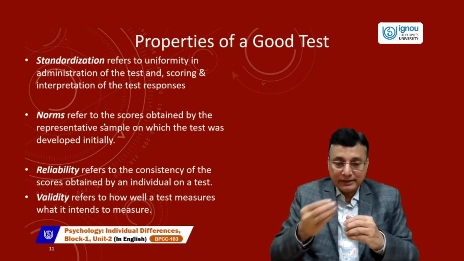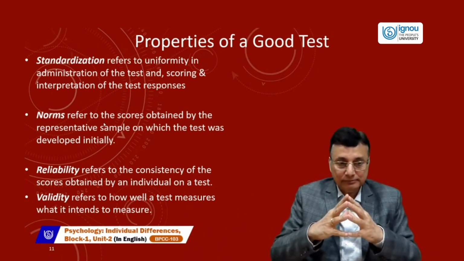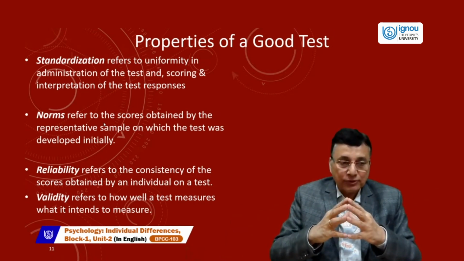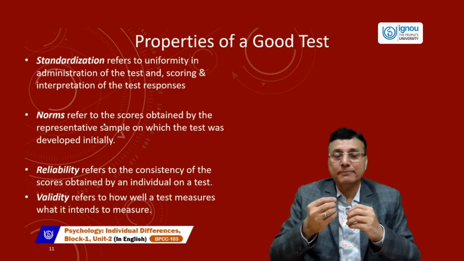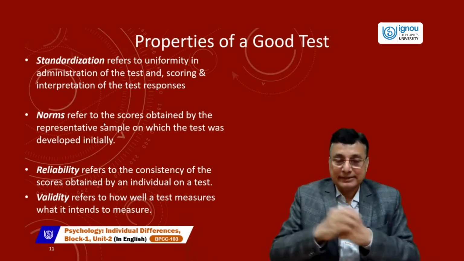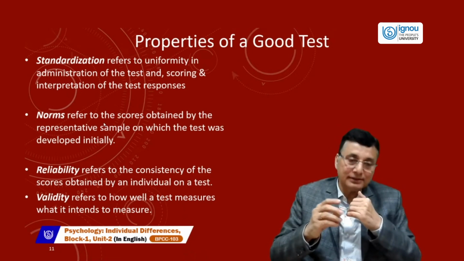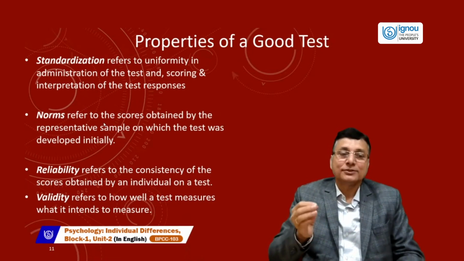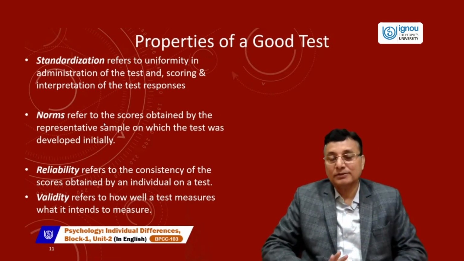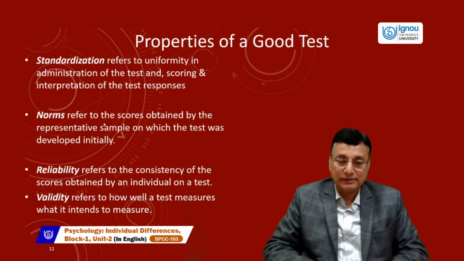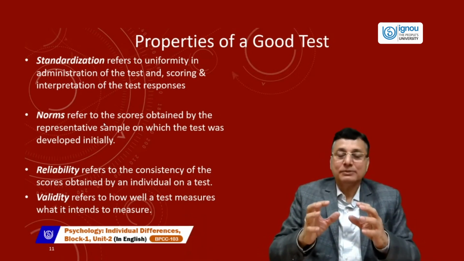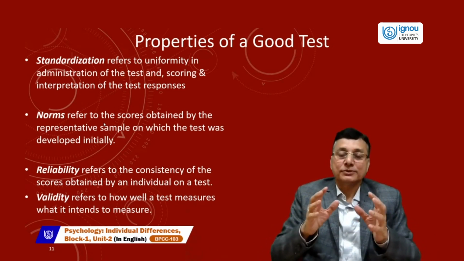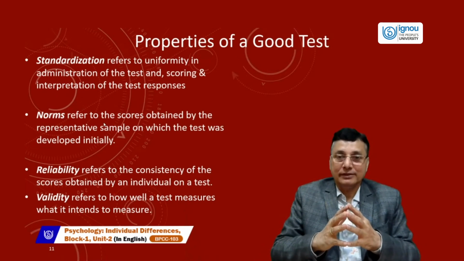It means the test doesn't measure the IQ. The test doesn't measure the intelligence. It measures something else also. So that's why the findings are different. So validity means, for example, if you have a thermometer, it must be checking your temperature. If it takes your blood pressure or something else, we should say that this is not a valid tool to assess temperature. Same way, if the intelligence test doesn't corroborate with the intellectual performance of the person, we should say that the test is not valid.